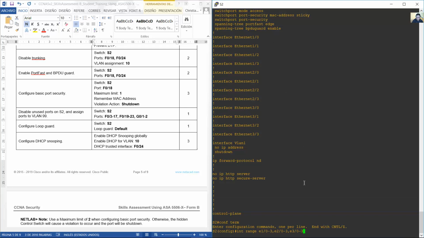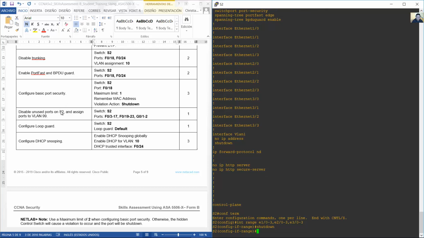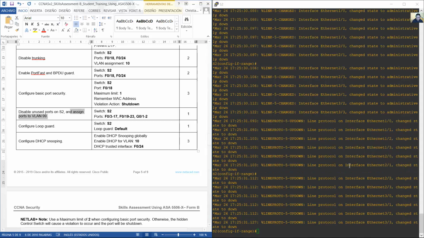In my case, these are the unused interfaces. Enter. Okay, disable with the shutdown command